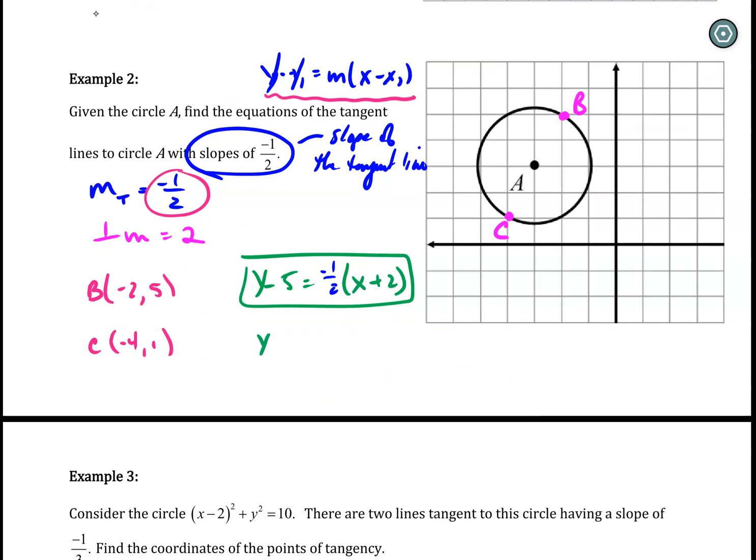And the second one, y minus 1 is equal to, again, -1/2 times x minus a -4 is +4. And there's the equation for the second one. And again, you can check that, right? If I plug that in, right? If I look at this here, right, this should be something like